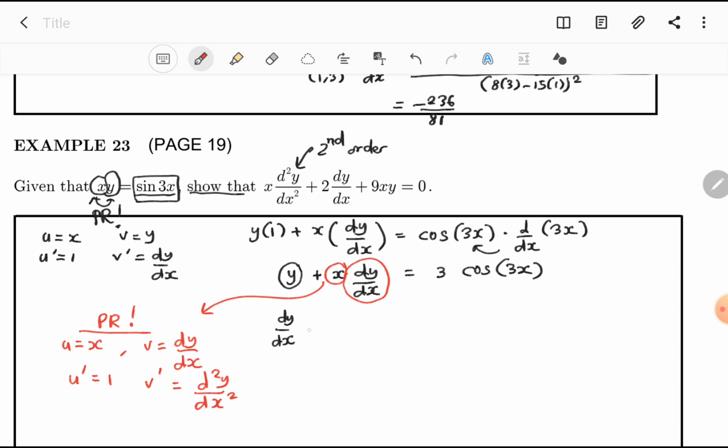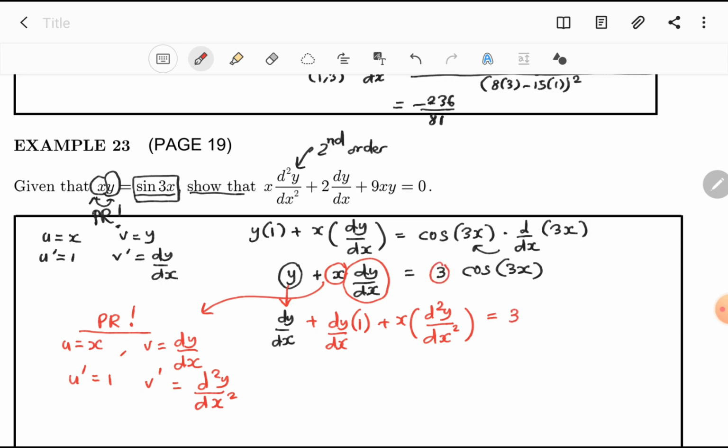So the derivative of y is dy dx, plus the derivative of x dy dx will be dy dx times 1 plus x times d squared y dx squared, equals